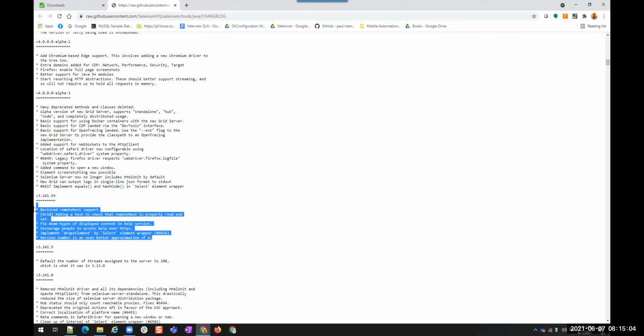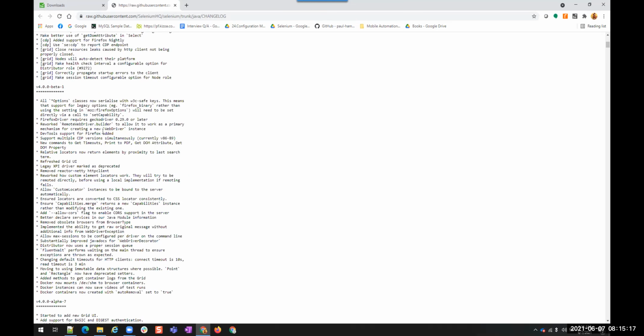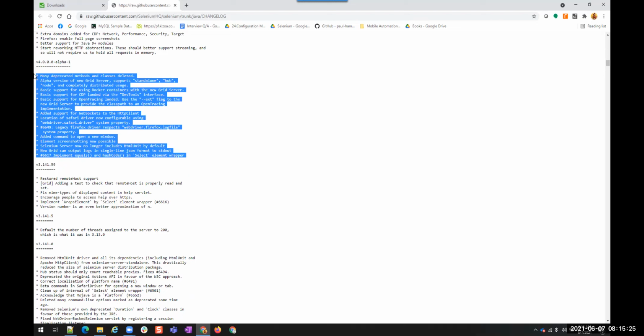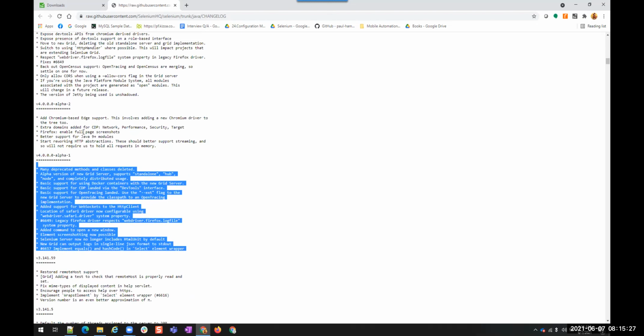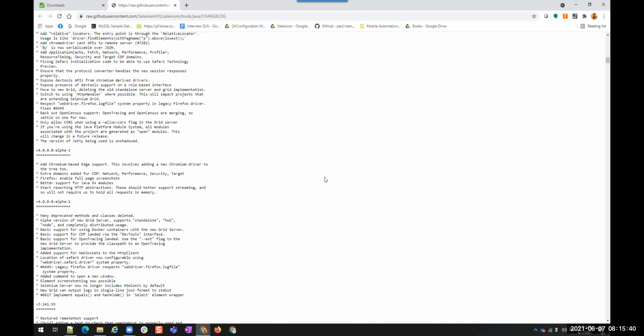Currently, we are at version 3.141.5. This is the stable version that we have. So currently, we are using version 3. And once version 4 becomes stable and the latest version is released, then we are going to shift to version 4. Okay. So what is happening in this version 4? All the changes that are happening in the latest version are shown here. Some security has been changed, the location of this configurable driver is changed. So these are all the things that are added. Okay.